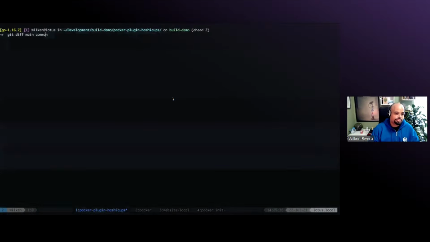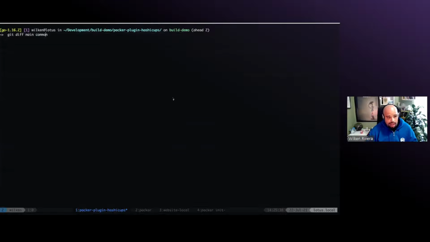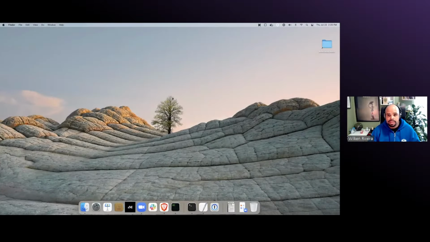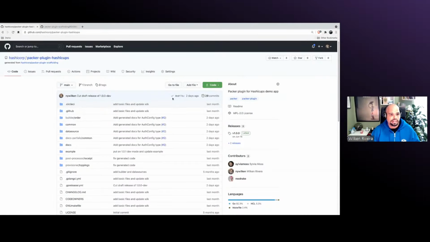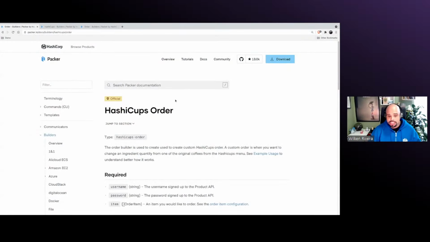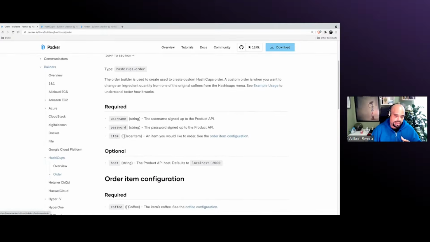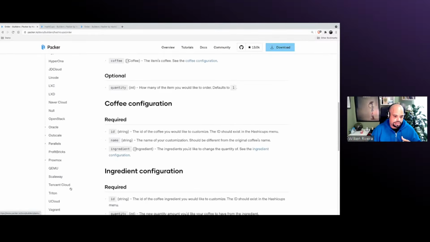Perfect. Okay, so right now I'm in my terminal and I'm in this plugin which we call HashiCorp. HashiCorp is a plugin that we built internally as a demo to show users how to create, or potential future plugin maintainers how to create a plugin on their own. So there is a builder, which we're looking at right now. There is a provisioner